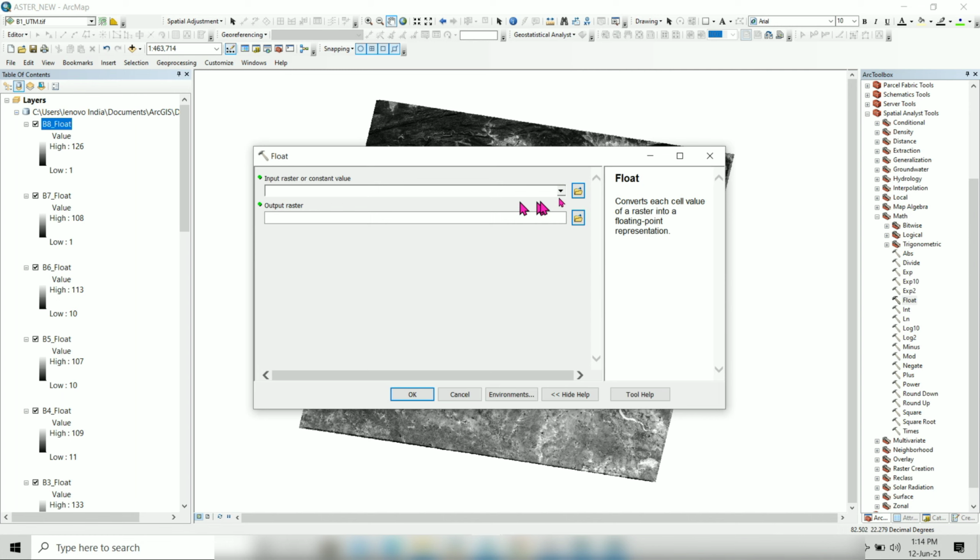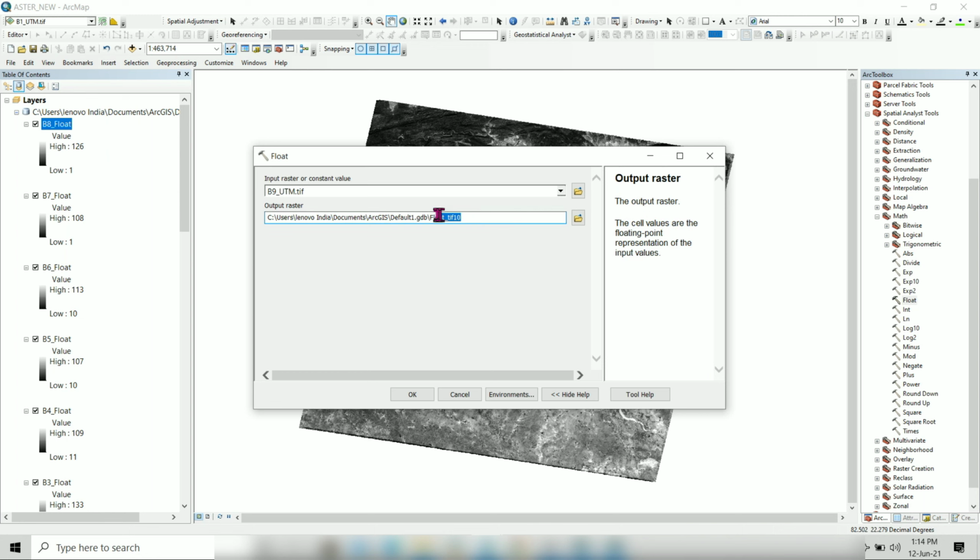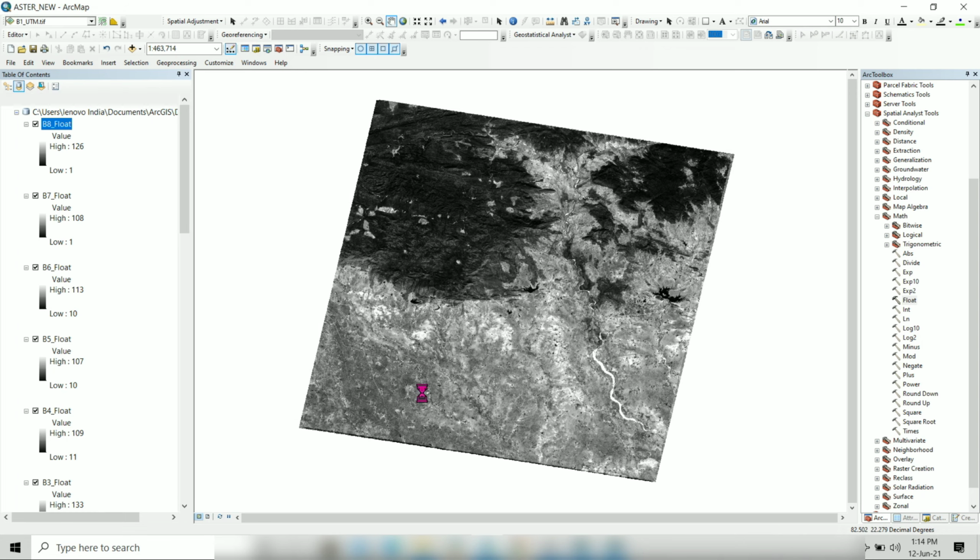Similarly, we have to do it for the other 9 bands also. Now here I am doing it for band 9. The same way, I am giving the default path for band 9 also. Then click OK. Here the processing is going on.